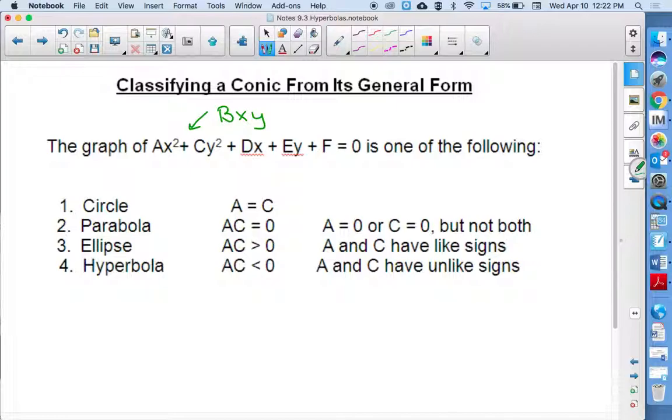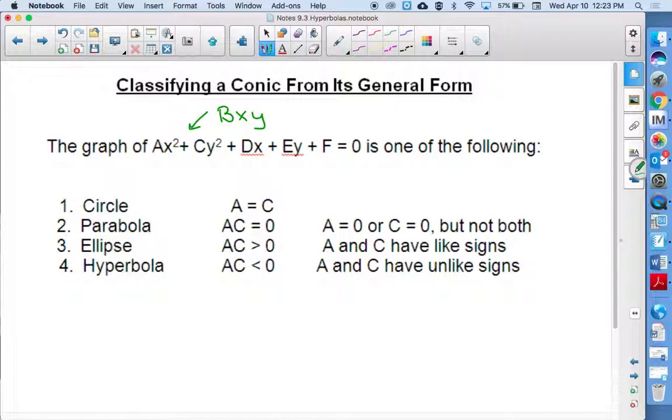There's a term in there that we don't use very often. Technically, there's a bxy there, and that bxy is what tilts our conic and makes it go diagonal. So the graphs that we do don't have that in it, making the graph either vertical or horizontal because it's parallel to either the y or the x-axis. There's a little bit of trig involved with that bxy term to get the graph to tilt. So we're skipping over it,